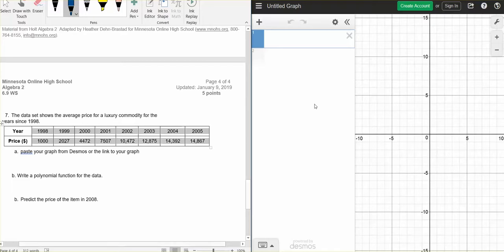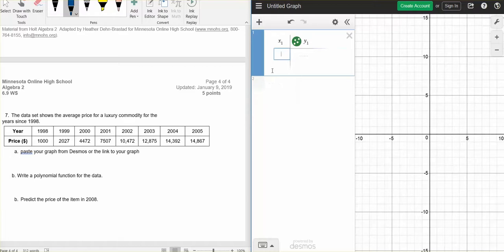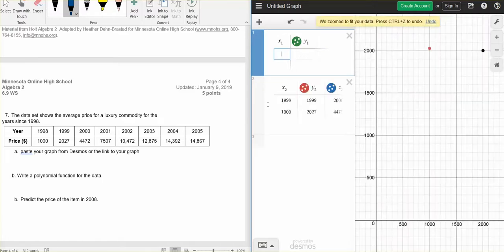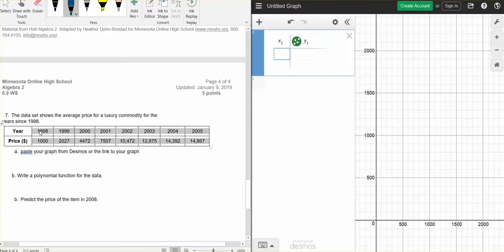So I'm copying this, and then I'm going to go up to Desmos over here, and I'm going to make a table. And I'm going to attempt to paste my data in here. Sometimes this works, sometimes it doesn't. It doesn't look super accurate because they gave me too many columns. X1 is supposed to be